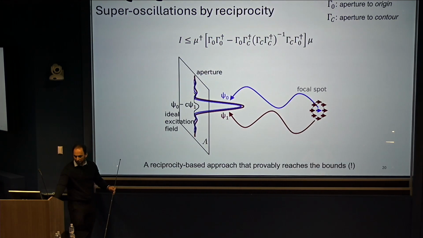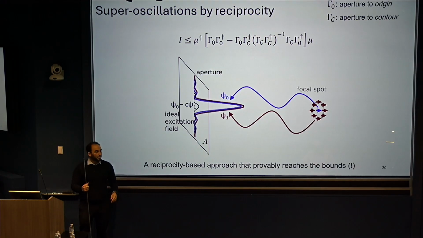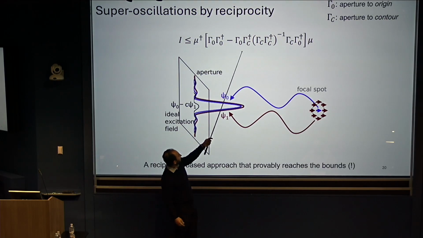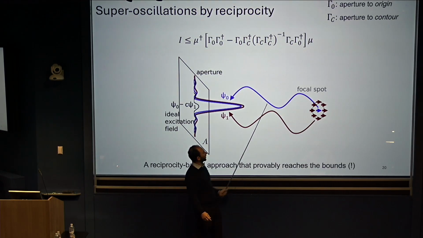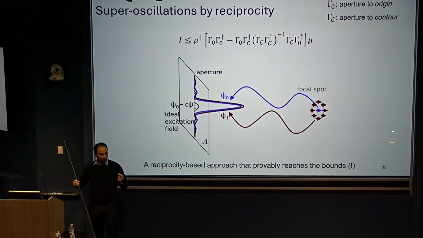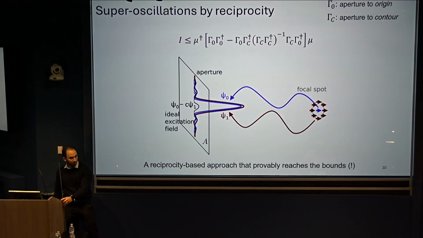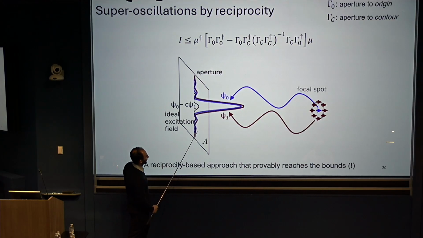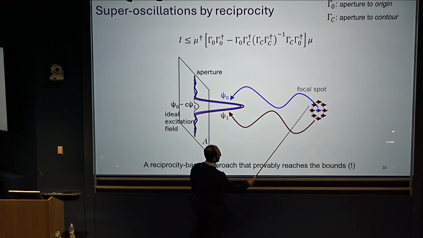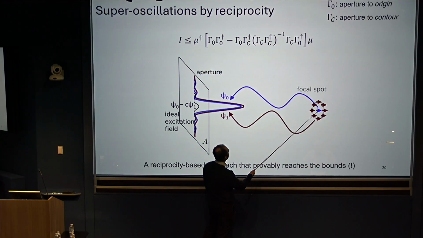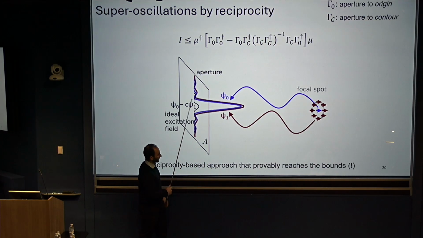All right, my favorite part of the d to the fourth is this. This looks very abstract. If you sit and stare at this for long enough, you can realize that it's actually giving you a simple physical solution for how to construct these superoscillatory functions. And what it's saying is that if you want to start here with currents and produce the superoscillatory field here, what you should do is start here, put a dipole there, let it radiate to your aperture.